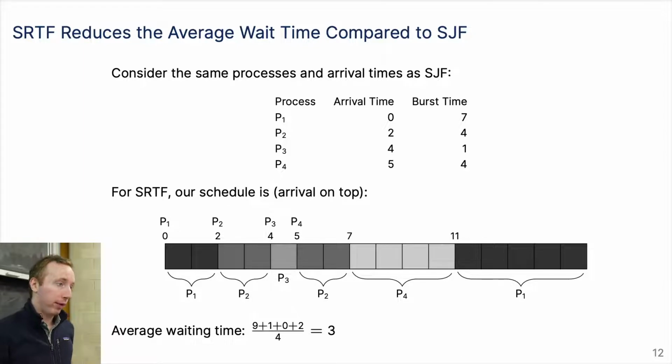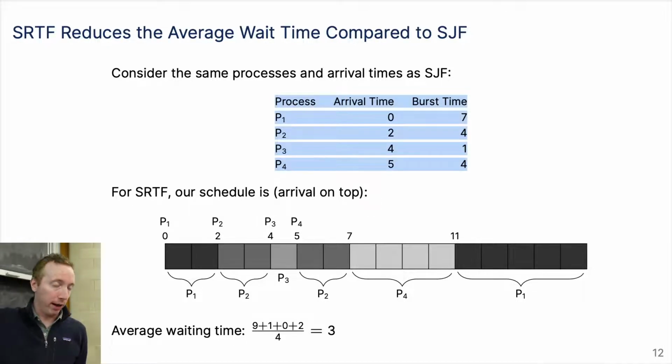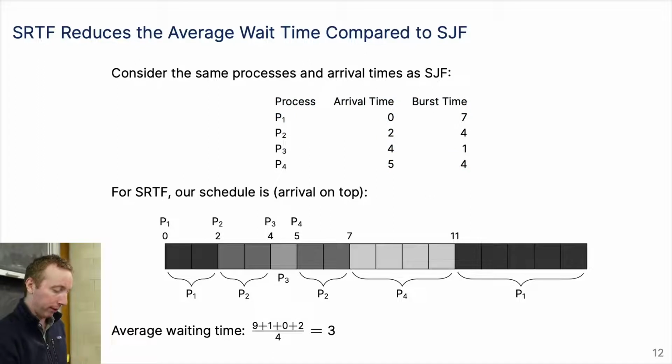The tweak with shortest remaining time first means when a process comes in, you're allowed to switch out the current running process and essentially context switch it out. Throughout the whole lecture, we'll use the same arrival times and burst times and see how our scheduling changes. So now if we do shortest remaining time first, let's start at t equals 0. At t equals 0, we just start executing process 1. We have no other choice. That's the only process we can run.